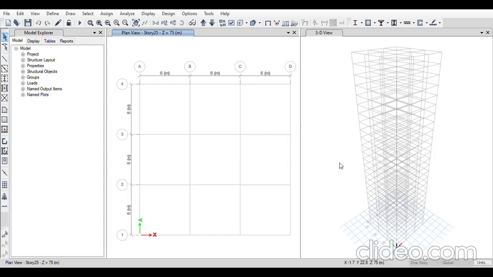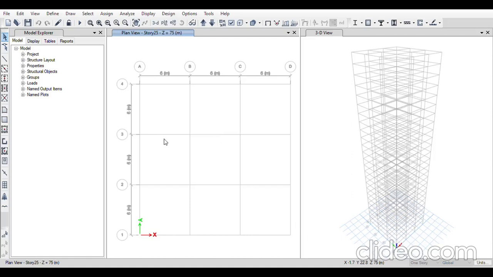I'll click modify/show rebar, in which this is a beam, so I'll change it to M3 design beam. Then the longitudinal bar is HYSD 500, the confinement bar and ties are mild 250, and the cover for this is 25 mm each, both on top and bottom. I'll click OK and I'll click OK.